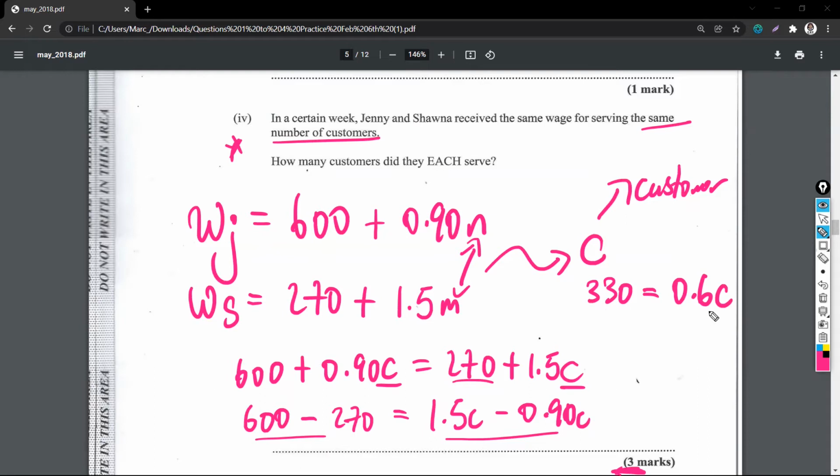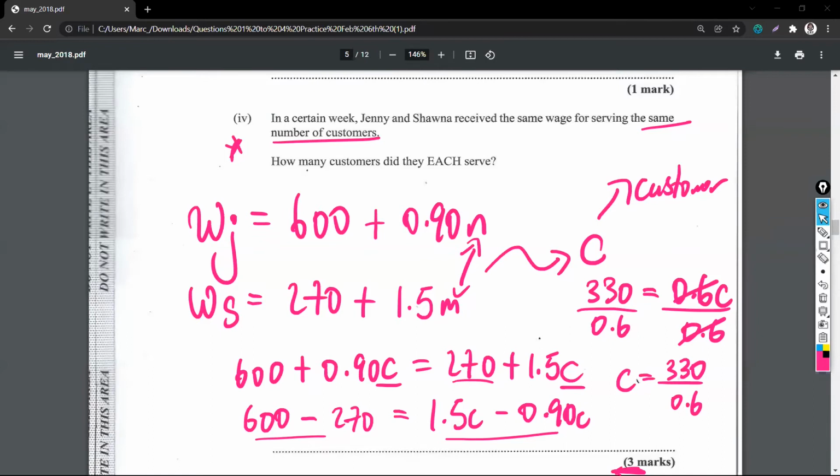So how do we get rid of the 0.6, guys, to find C? This is really making the subject of the formula though. You're gonna divide both sides by 0.6. This will cancel that, and C is going to be equal to 330 divided by 0.6. Cool. And this is going to end up being,